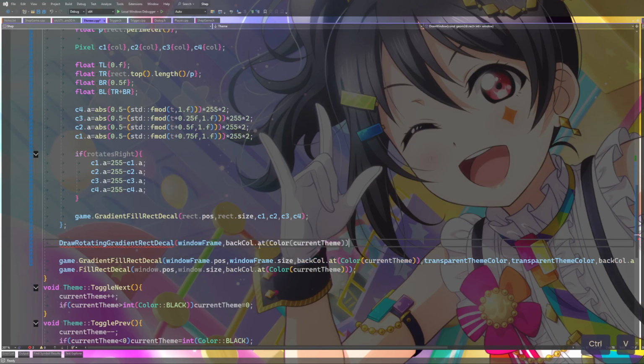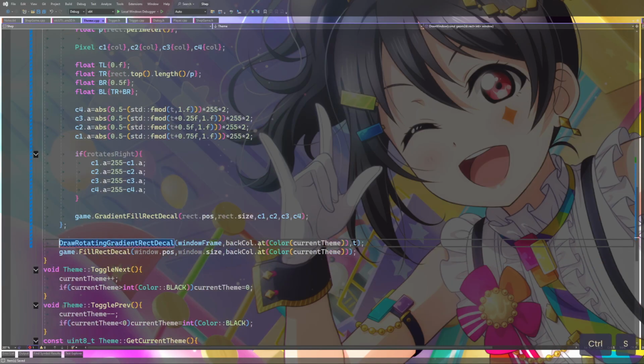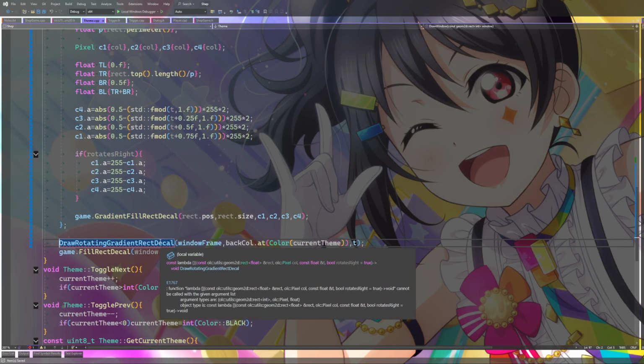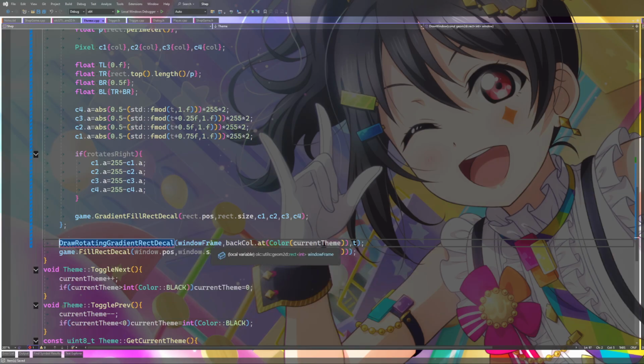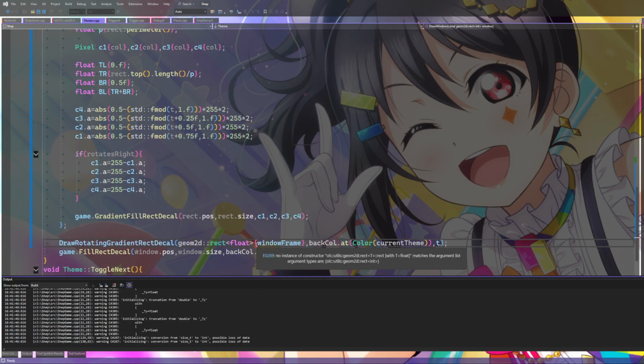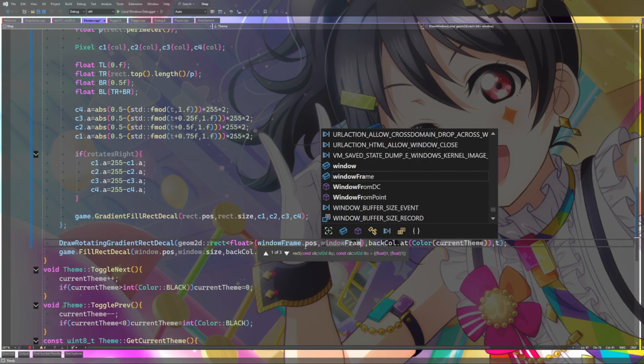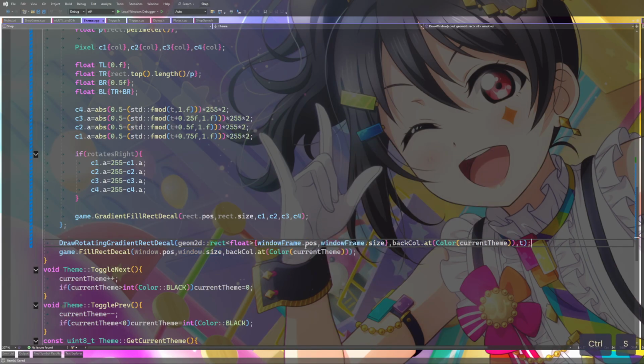We got T. And we got rotates right is true. Should really be that simple. Oh, it's rect int. Cannot deduce. I guess not.